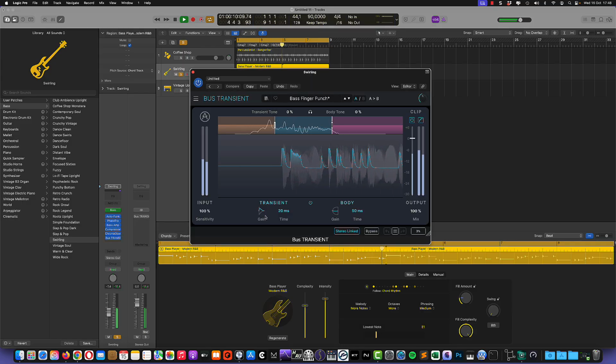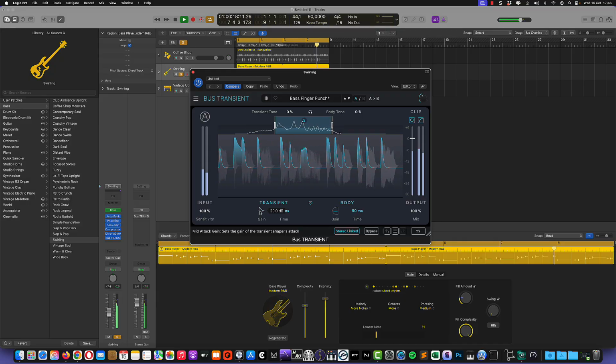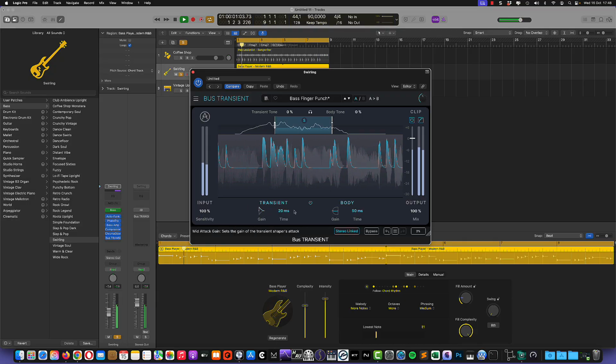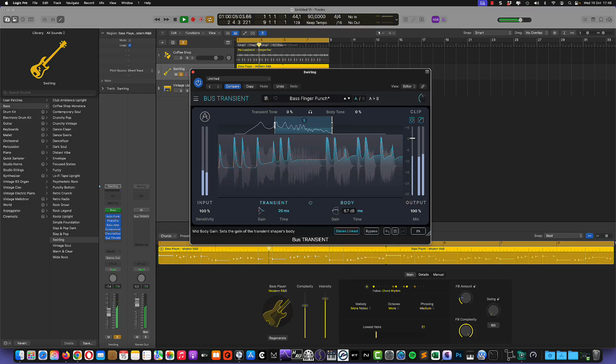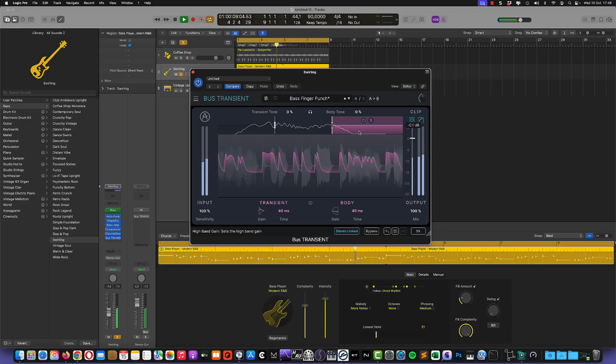Okay, again we can enhance the single parts. So I want it to be a little bit more snappier and a little bit more punchier on the transient, and maybe also in the body, in the middle part. Yeah, like this. Let's move to the upper part. Yeah, the upper part is not really interesting, so we can reduce it a little bit and also reduce the body. And let's have a listen to the low part,